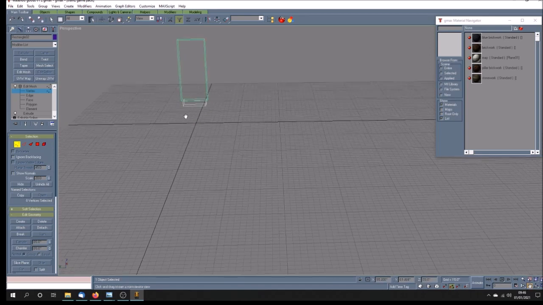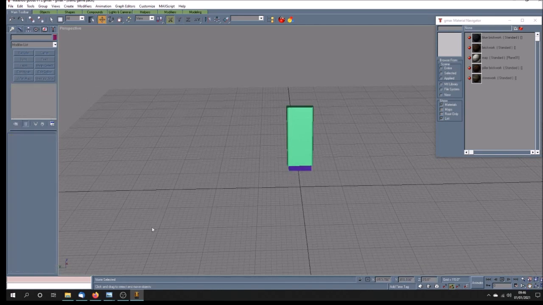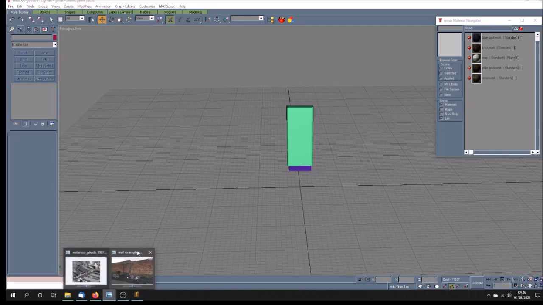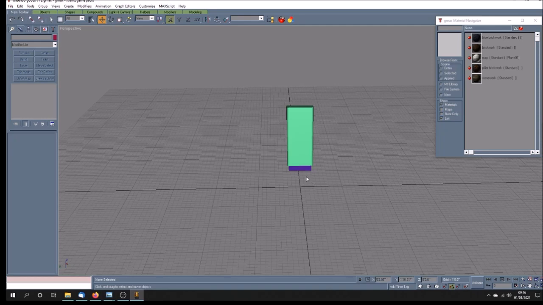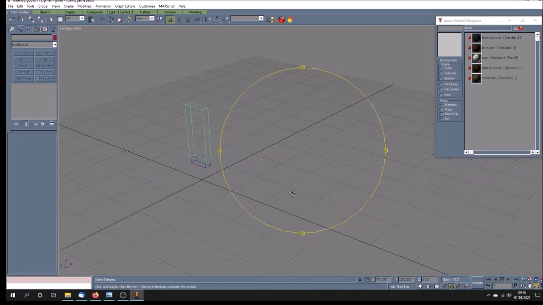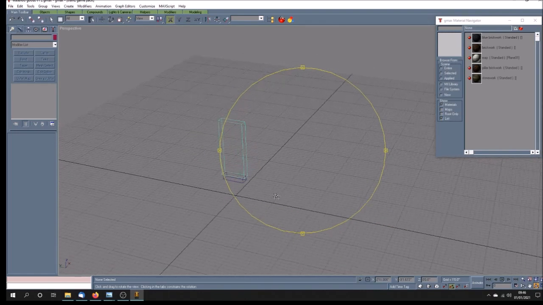And of course it looks in different proportion to the photograph of the wall, because this is going up to the full 20 feet and that wall has been chopped down. And I know that this is at a 40 foot centre for this lower part of the wall here. Remember, I'm not going to be doing this, it's just going to be straight along. So the next thing I'm going to do is put in a, let's just make sure we've got the depth. Yeah. I'm going to put in a,